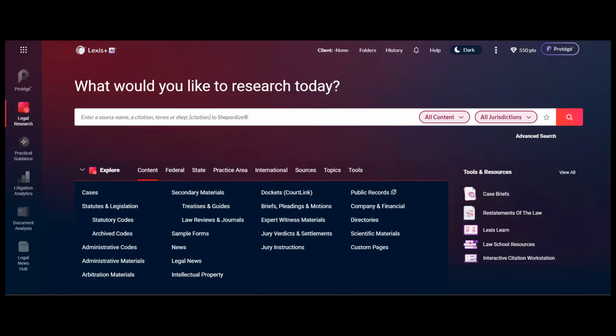Lastly, I want to point out that you can use Lexis Plus AI Protégé to find out more about a topic or an idea that you may be interested in writing about. Protégé is part of the Lexis Plus integrated ecosystem. You have the best of both worlds, the advantage of the resources in Lexis Plus, along with the Gen AI capability of Protégé. Click on Protégé in the Experience bar.